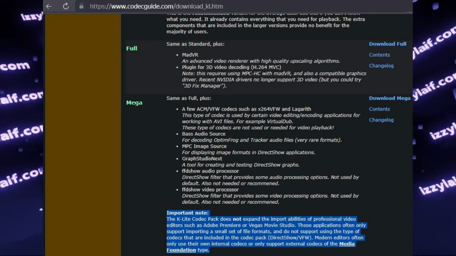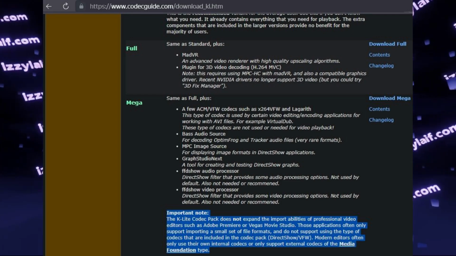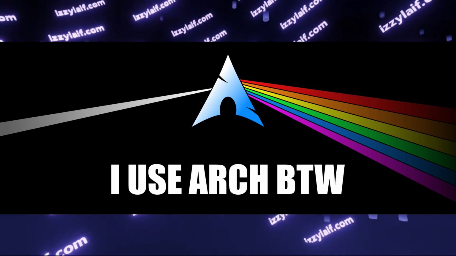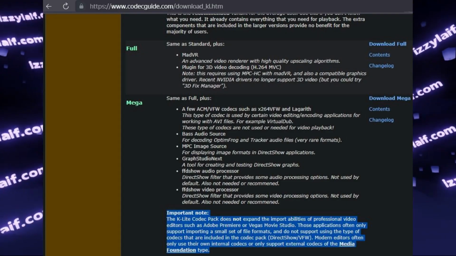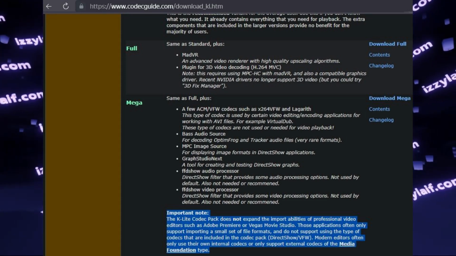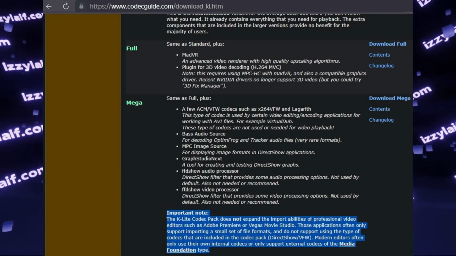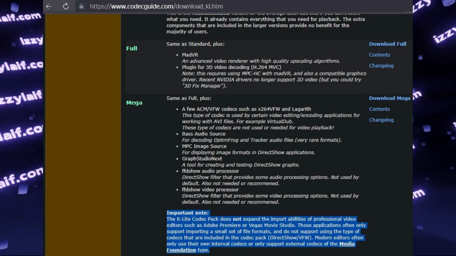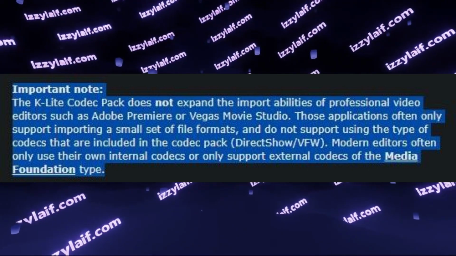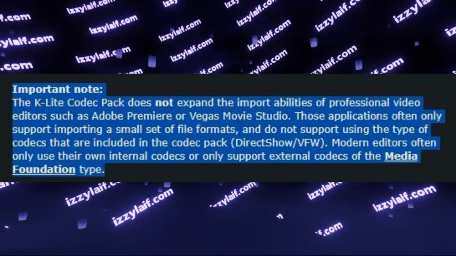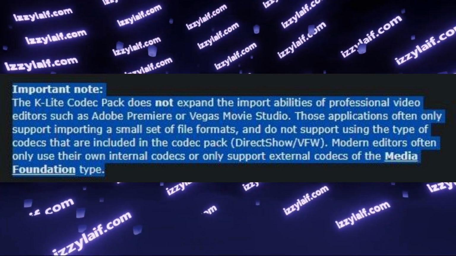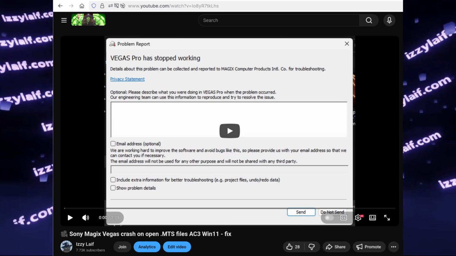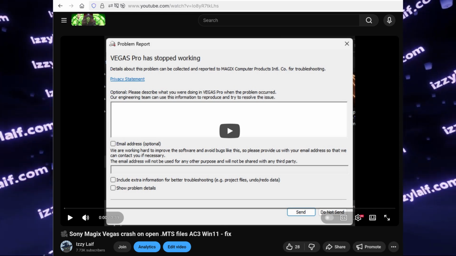Well, I have been using Sony Vegas for a decade, until about 5 years ago when I completely switched to Linux and open source software. However, in those 10 years of almost daily driving Sony Vegas, I came to the conclusion that it uses internal codecs for video files which are built into the Sony Vegas package. So no amount of installing K-Lite codec packs or whatever into Windows will force Vegas to open files that it doesn't have codecs for. The only exception is the AC-3 codec, which was removed from Windows,